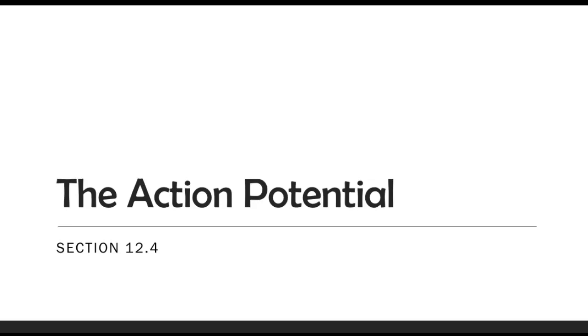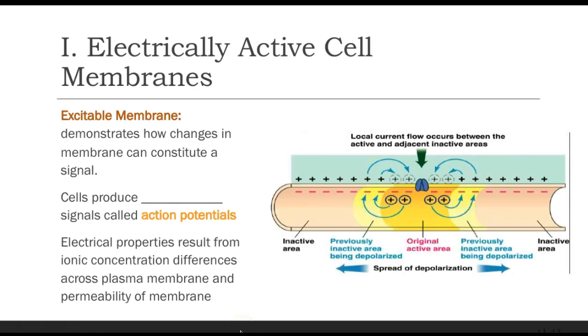Welcome to section 12.4 in your chapter 12 video lecture series, and in this video we are going to discuss the action potential. So we are going to talk about electrically active cell membranes. When we have an excitable membrane, that means we can demonstrate how changes in the membrane can constitute a signal. Our cells are going to produce electrical signals called action potentials that we've talked about in the previous